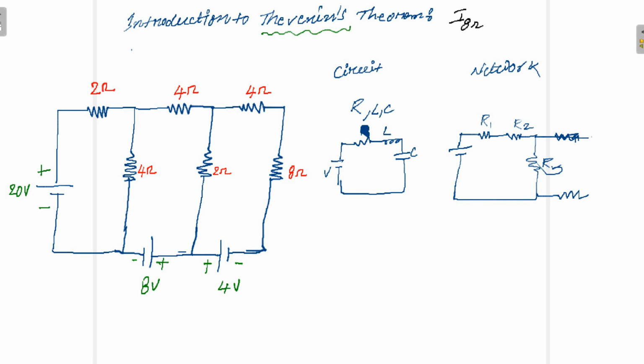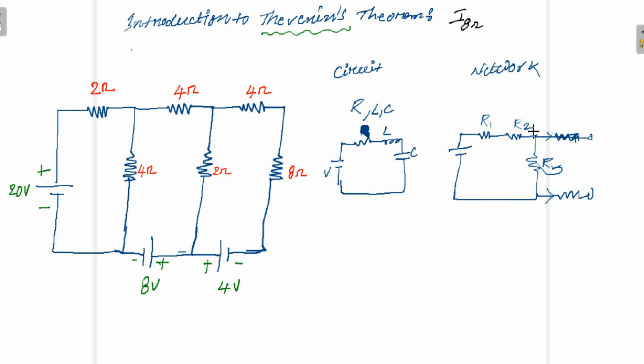is this said to be a circuit? No, because here we have connected some elements, but the current is not flowing, and these elements are not forming any closed path. What is the condition for a circuit? In every element current should flow. But for a network, current need not flow through all elements. So this is considered as a network.